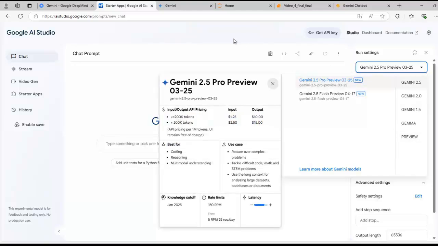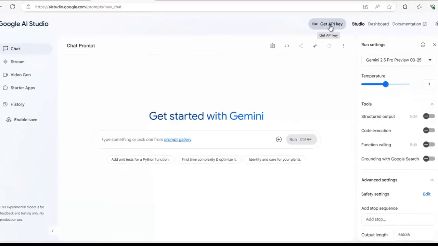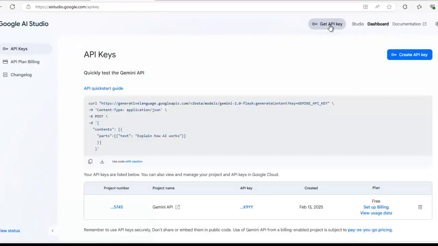Now, a very important task: to get the API key in Google AI Studio, you can find it on the right side at the top here. This key allows you to integrate the model into your applications and interact with it programmatically. So let's click over here, get API key, and before we generate this particular key, let's click over here, API